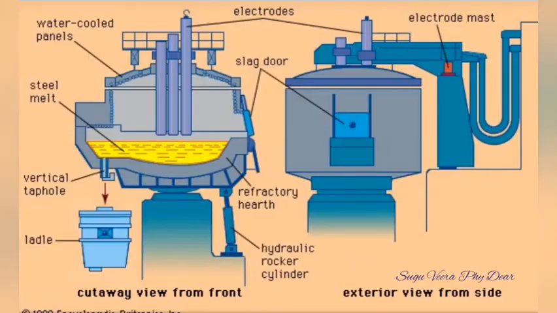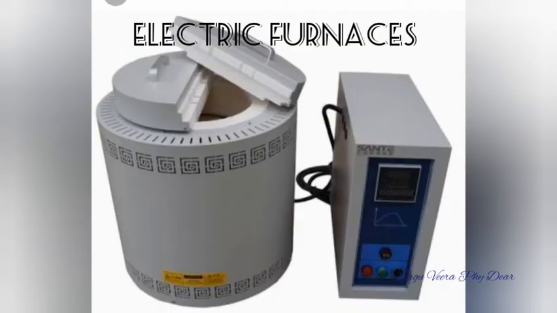Third one, electric furnace. What is a furnace? A heating device used for heating and melting, for providing heat to chemical reactions for processing like cracking. The furnace may be heated by a fuel, as in many furnaces where coal is used as a fuel. Some are operated by electrical energy, for example the electric arc furnace.